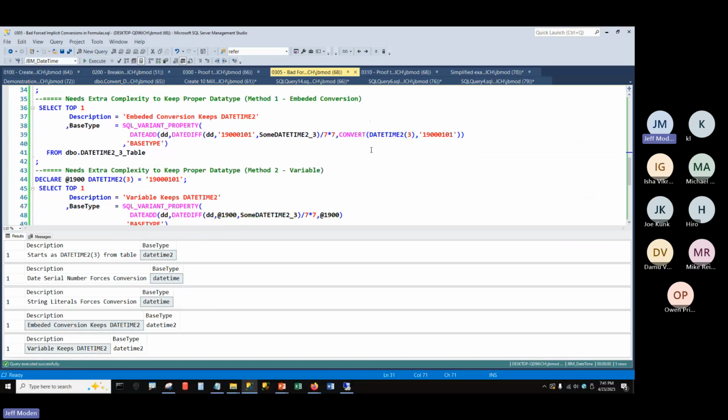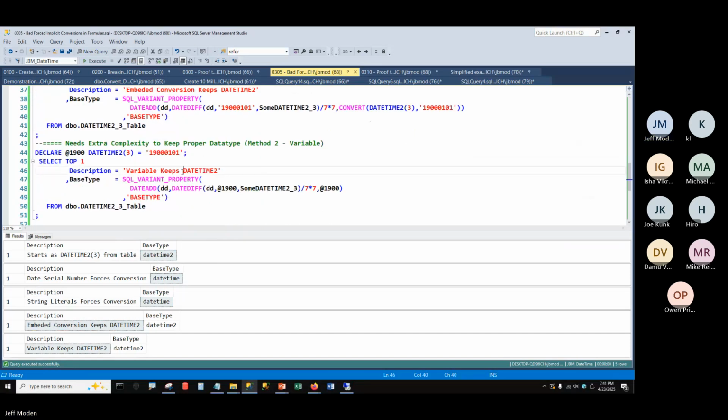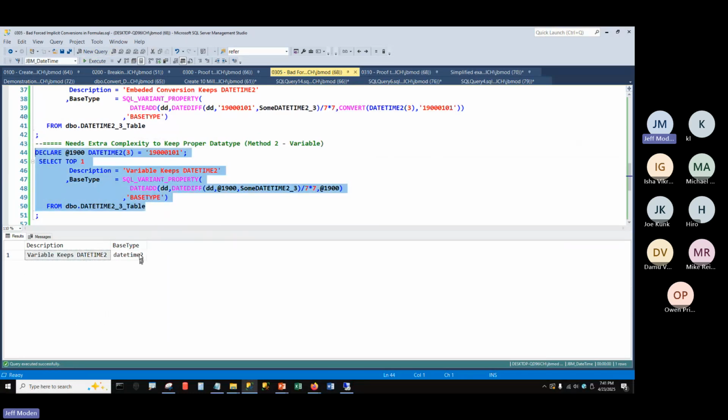I'll show you some of the kills that it does. And again, this is the example of the DateTime. I just want to show you that we're going to run the code that we did above with that variable, just to show you that it's a simple way of keeping the calculation from doing implicit conversions and